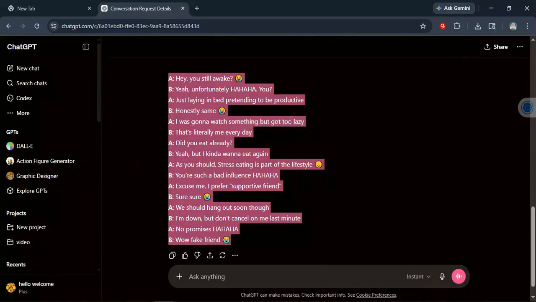Now you've successfully exported your ChatGPT conversation to a PDF file. You can open it with any PDF reader or share it as needed. This method is straightforward and leverages the built-in features of your web browser, making it easy to save any conversation